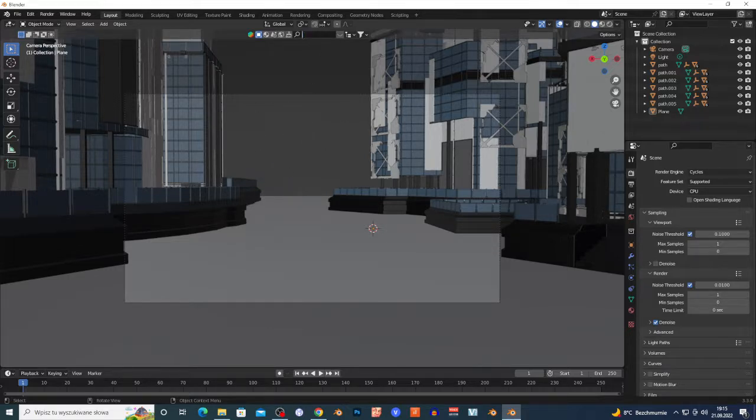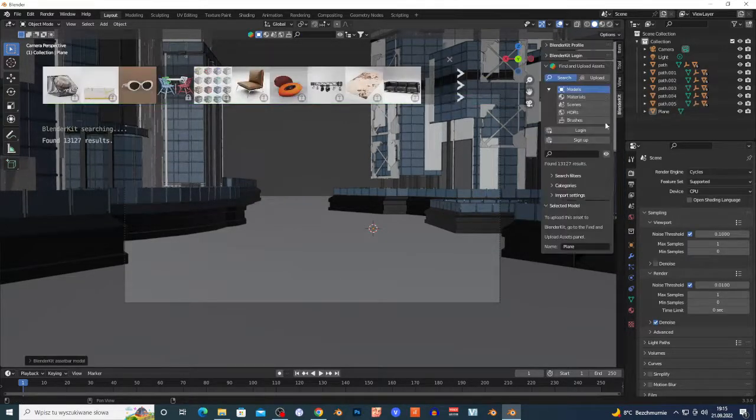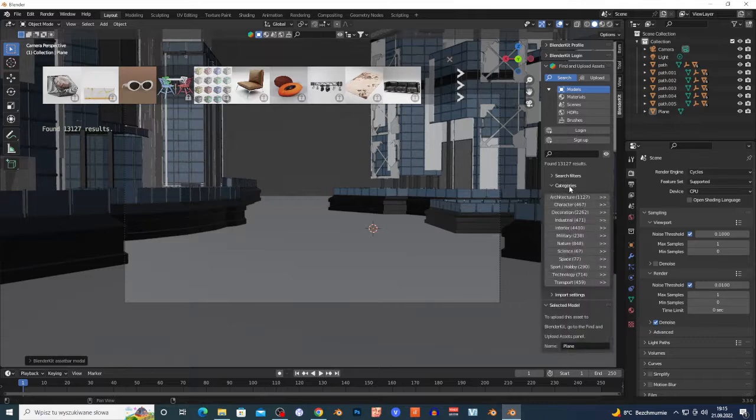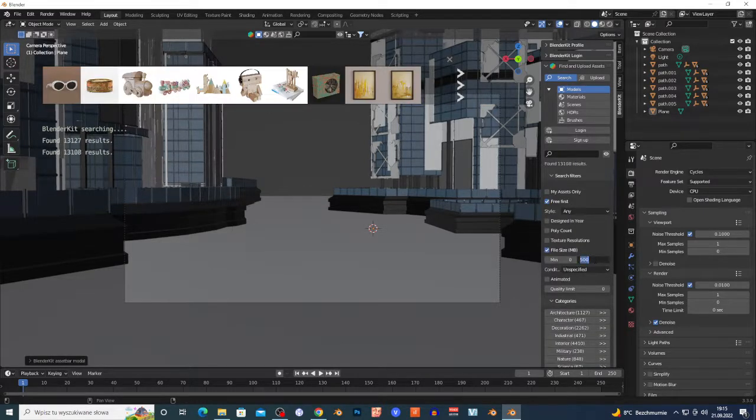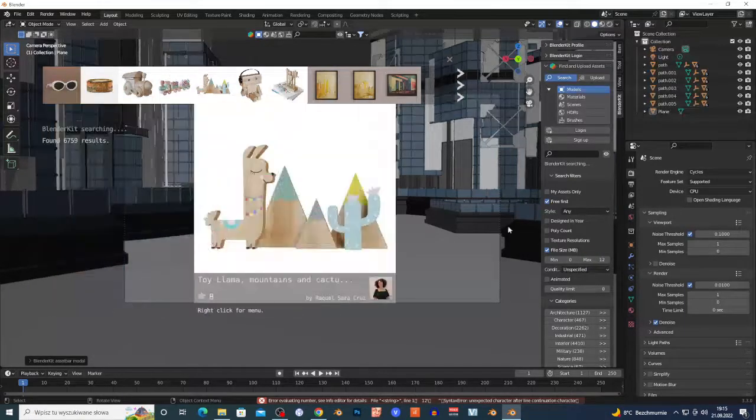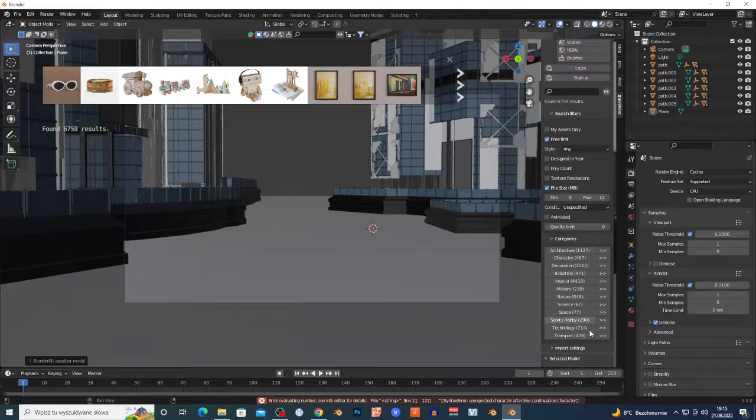So what I want to do, I'm gonna search for some sci-fi in Blender kit for some very low megabytes model, because I don't want to render this stuff for a couple hours. I want to render this in a couple minutes. That makes sense.